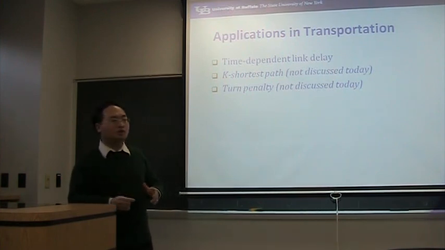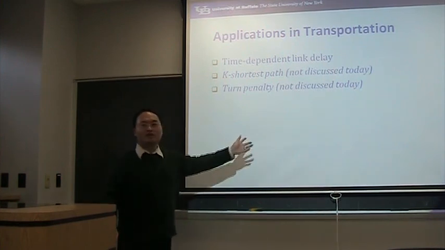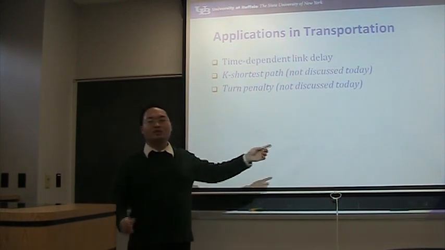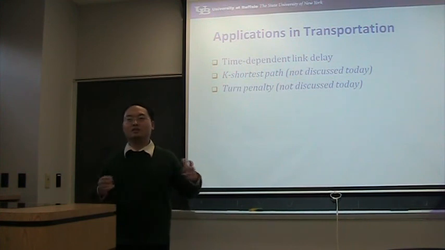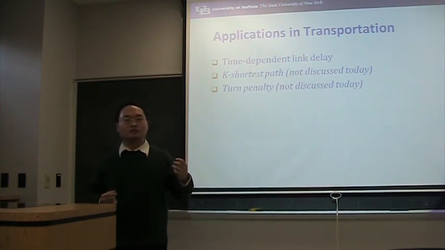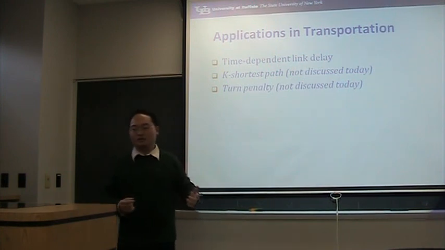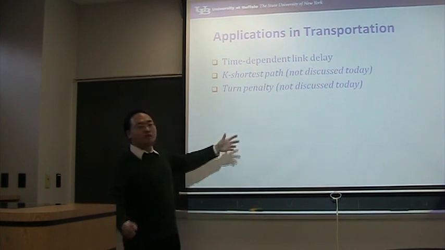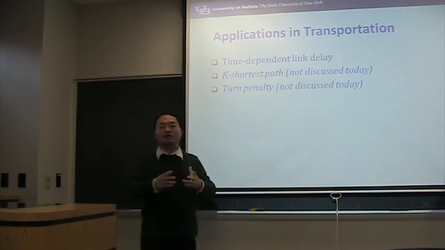But how can we include this in shortest path? Do you have any intuitive idea? Turn penalty, using anything we have already discussed, how to address this? Add some connectors? Yes, you are correct. So to implement turn penalty, we just add some connectors, and connectors have